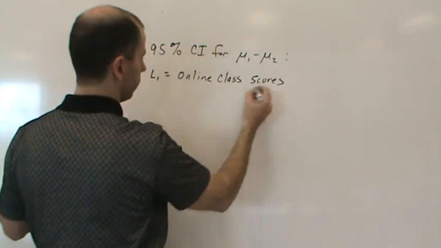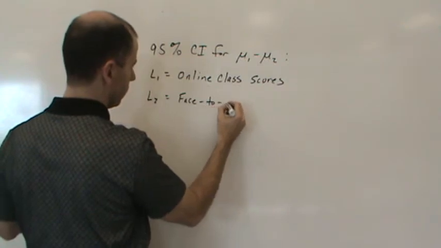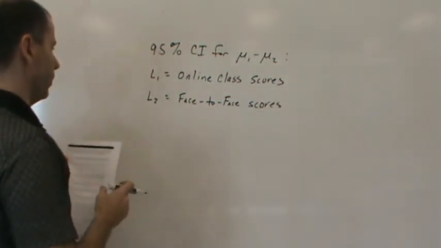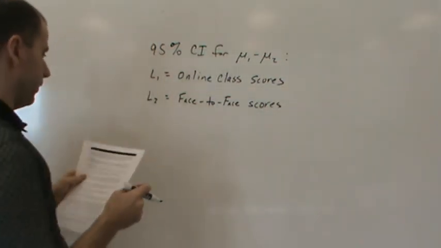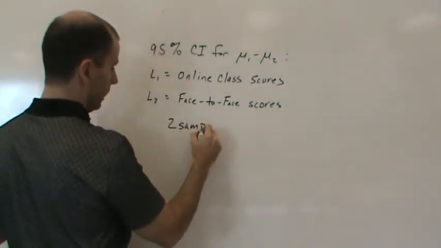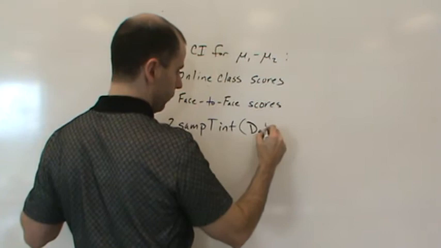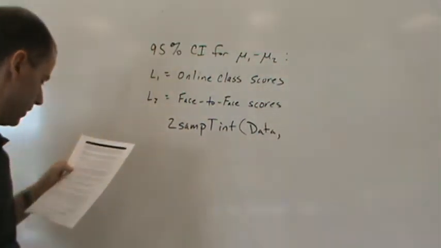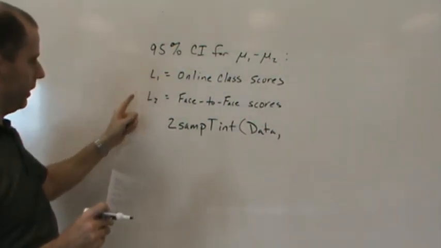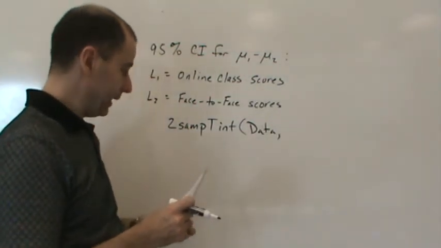Scores. And then L2 would be the face-to-face scores, right? So you'd enter your data into L1 and L2, and then what you would do is go to your 2-sample t interval, and in this case you would check data. Right? So you use the data input option, and so after you put the data into your list 1 and list 2, go to 2-SampTInt, hit data,